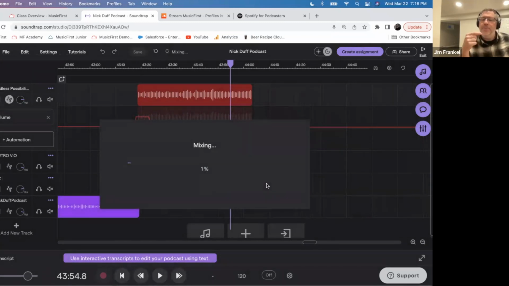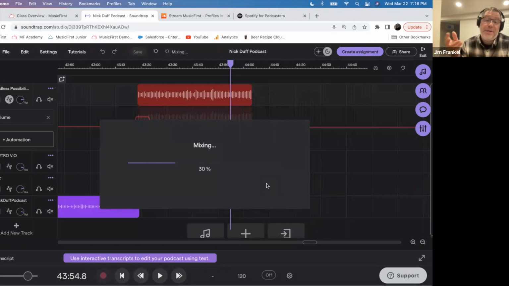But they put in a download mix button, and I'm going to click that, and that download mix is going to take the Soundtrap file, which is really a proprietary file format, and then put it into an MP3 so that I can use it or upload it to another program. You can't go straight from Soundtrap straight into a podcast hosting site. You have to actually get it out of Soundtrap. I hope that all makes sense.